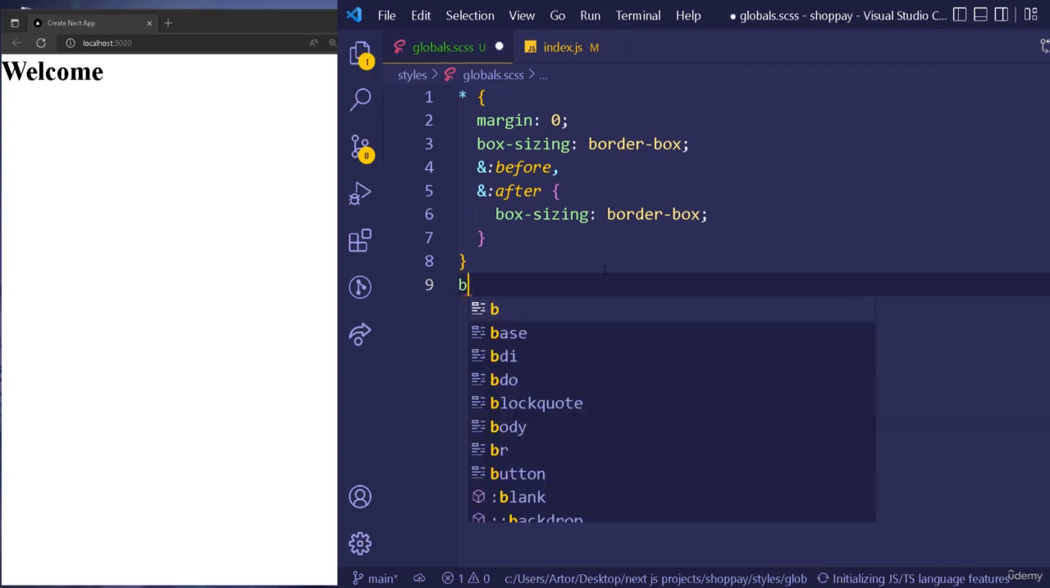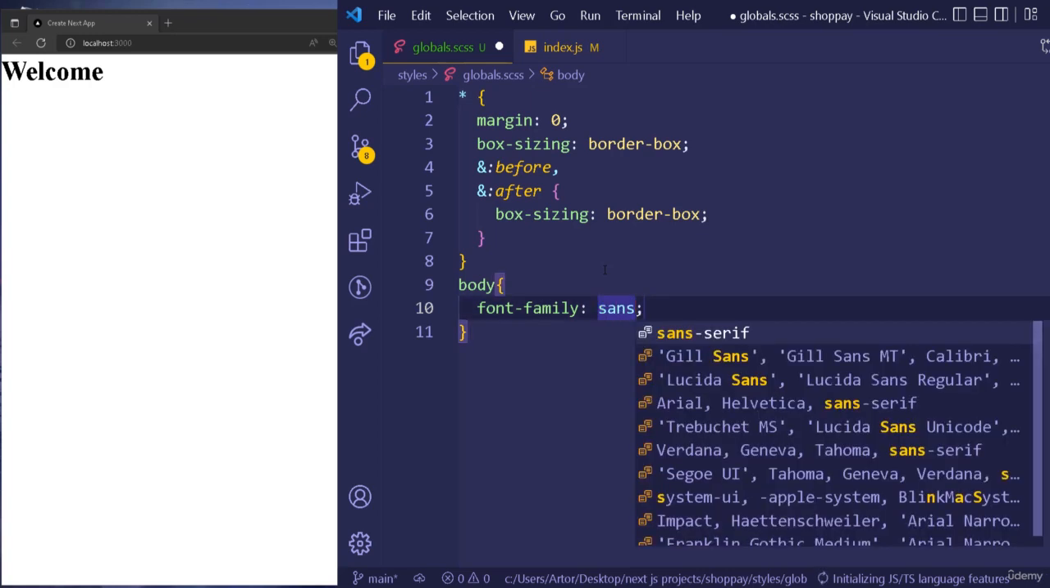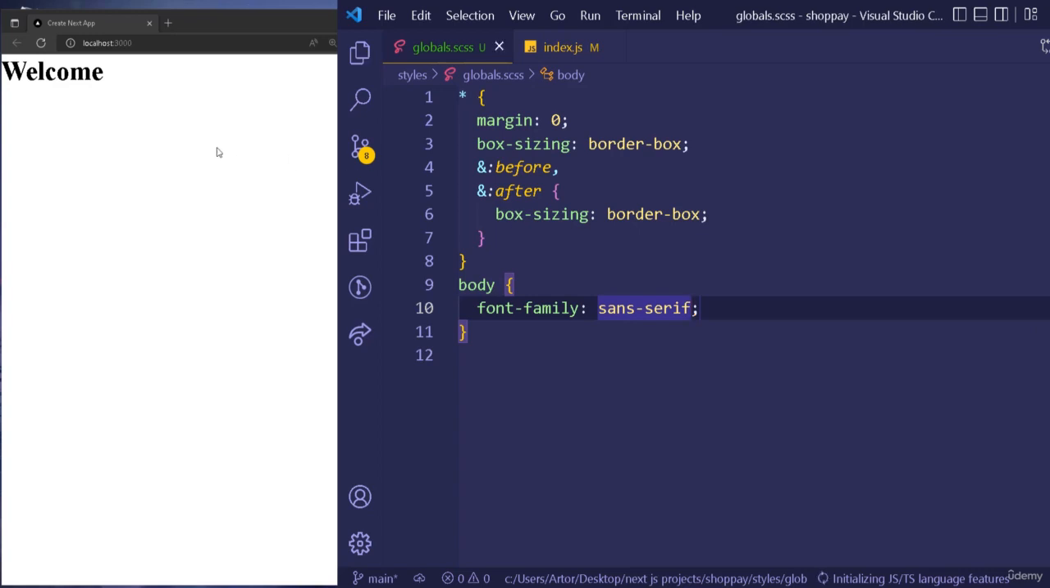Now let's actually select the body and add a font family. For us, it's going to be sans-serif. This is how it looks right now. Let me add the sans-serif fonts, okay, and let me save, and this is the difference. We're not going to use any fancy fonts from Google or anything. This is actually very nice, and most of the time it works